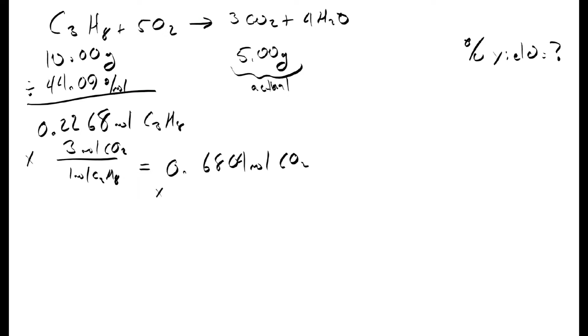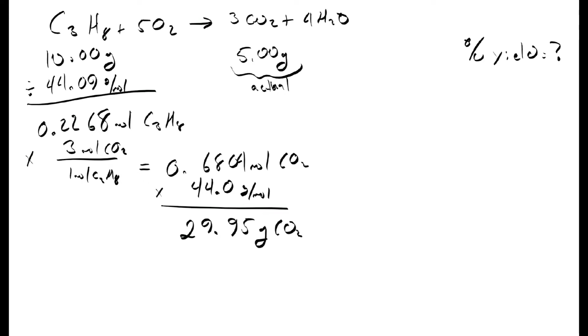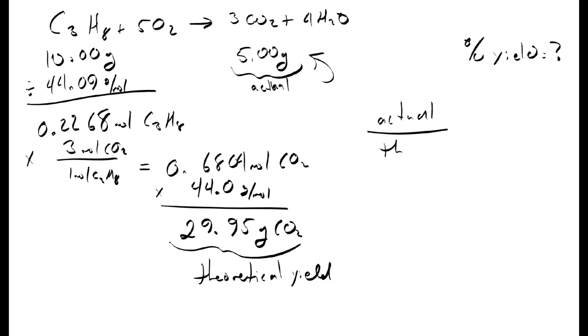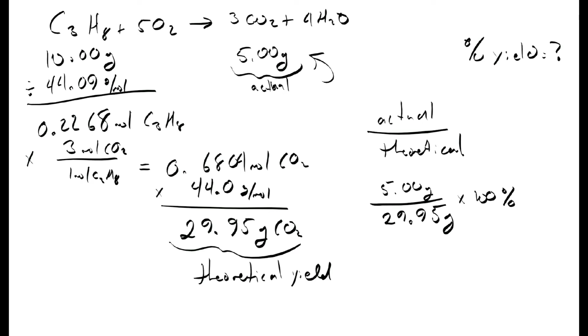The molar mass of carbon dioxide, by crazy random happenstance, is 44.01 grams per mole. And that's going to get us a theoretical yield of 29.95 grams of CO2. Okay, so this up top is our actual yield, and this right here is our theoretical yield. You can already see our percent yield is going to be ridiculously small, far smaller than you would actually expect to get for this, but what that means is that actual over theoretical is 5 grams over 29.95 grams times 100% gives us